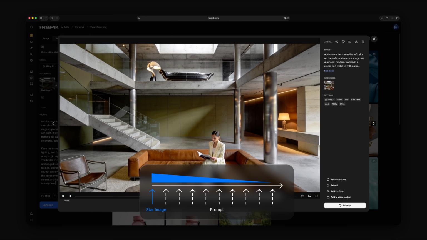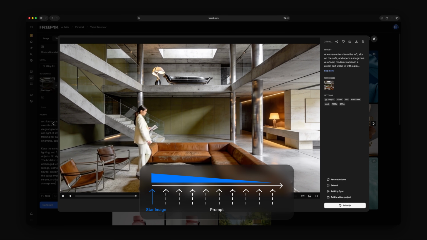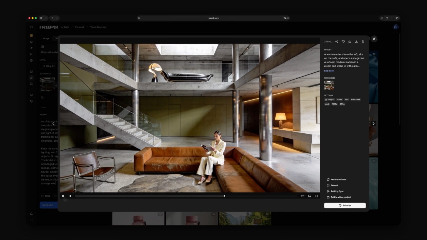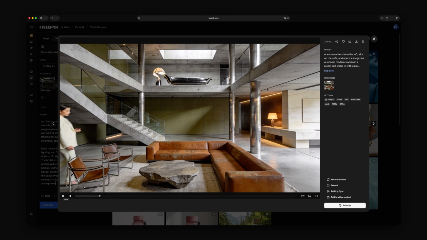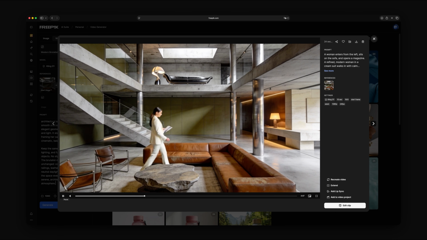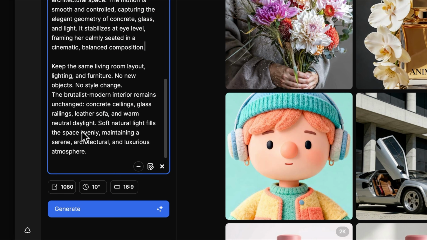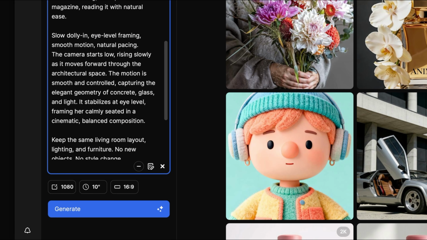Now look at this first diagram. With start image plus prompt, the start image has the strongest influence at the beginning, then gradually fades. The prompt affects every frame the whole time. That explains a common result. The first moments look perfect, then the scene starts to lose consistency. When that happens, do one of 3 things: reinforce constraints in the prompt, reduce how much is changing, or shorten